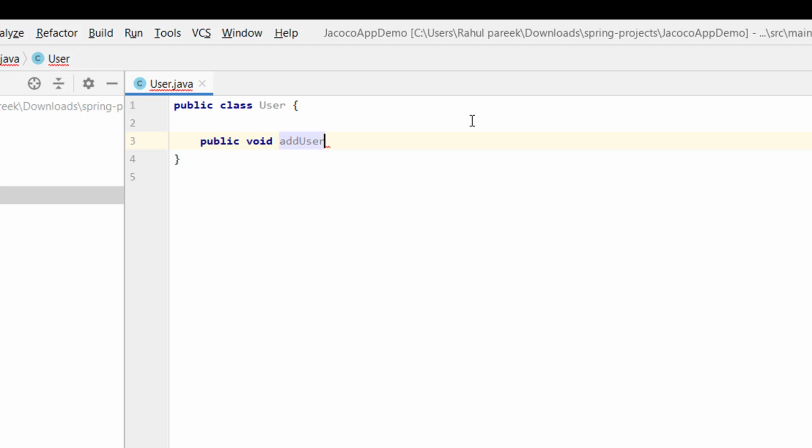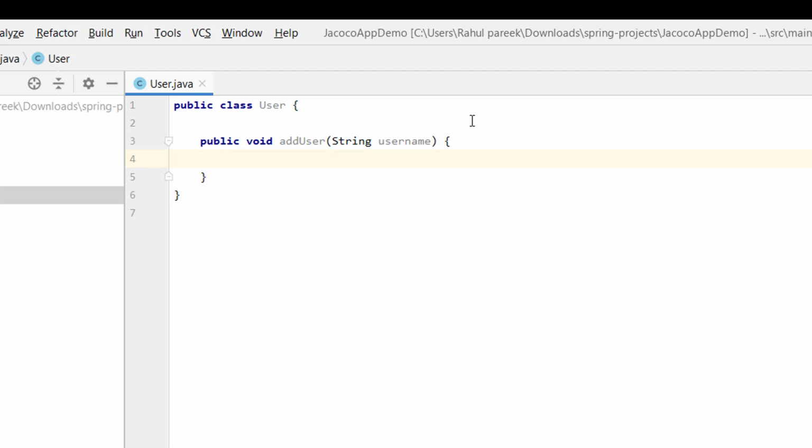This function takes username as a string parameter. We will put some conditions on the basis of user, that whenever we are using this method to add the user, there are particular conditions which are to be followed.